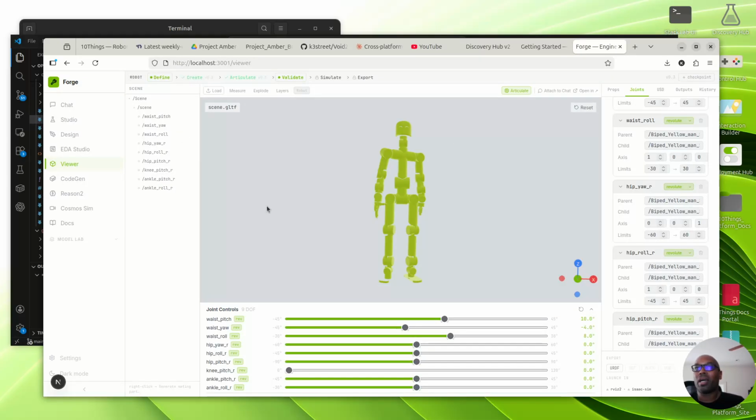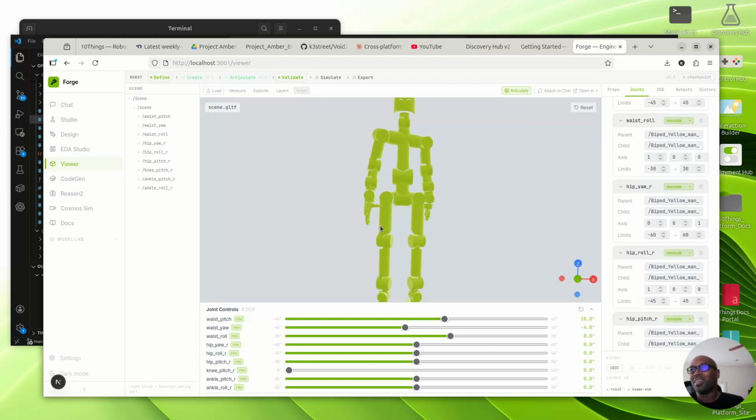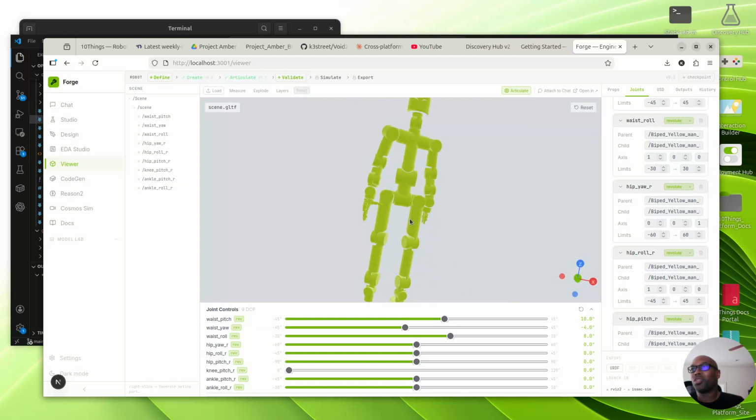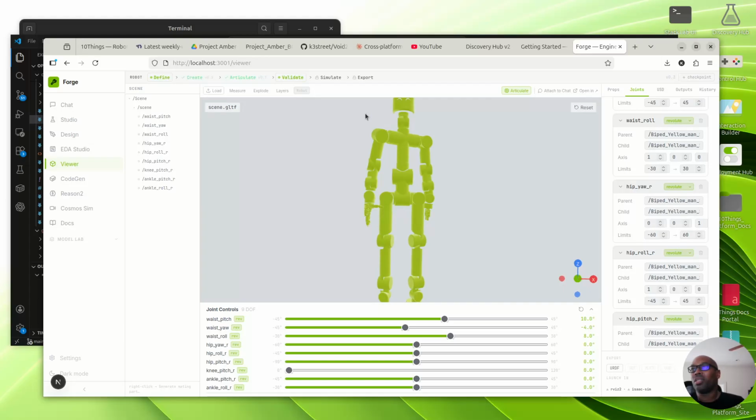But to that end, I'd already built something. As you can see, there's a little reason right there because it uses Cosmos Reason. The idea is to use Cosmos Reason to figure out how these joints were behaving and things like that. And so that's what we're going to talk about today, this application that I've built out.